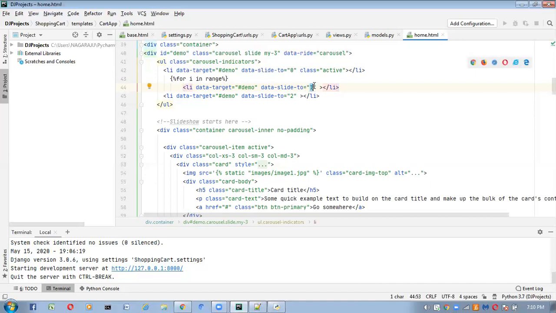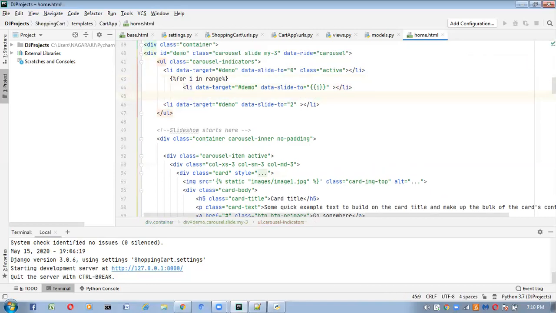Here I will take curly brace and the i value, like this. We have to take the i value here, and the i value here. Next I am going to write end for, closing the for loop here.